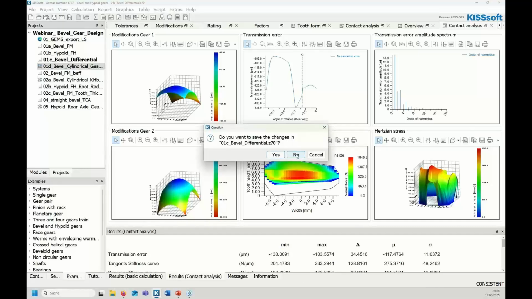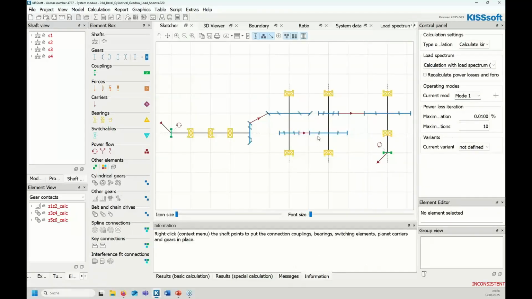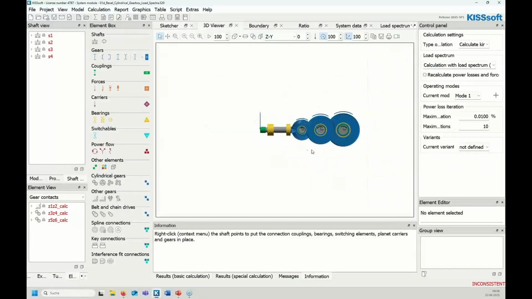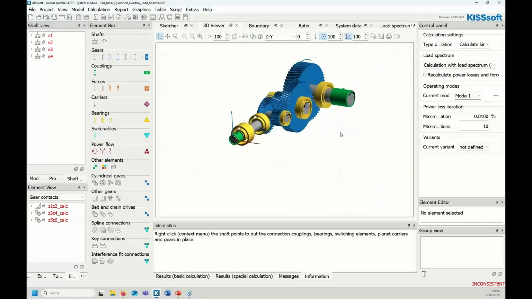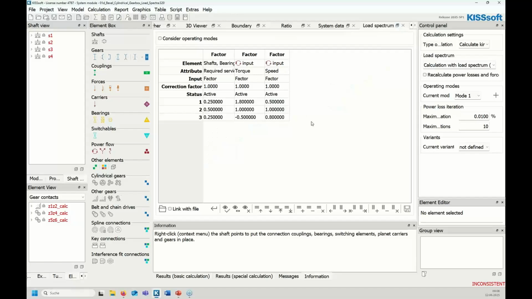To complete the section on the scope of KISSsoft, let's have a look at the drivetrain calculation or the system calculation. We can see here a bevel gear in an industrial transmission, and we can also see here that the load spectrum is defined. And when we now calculate the load spectrum in the system,